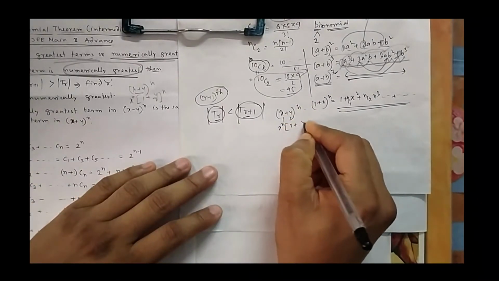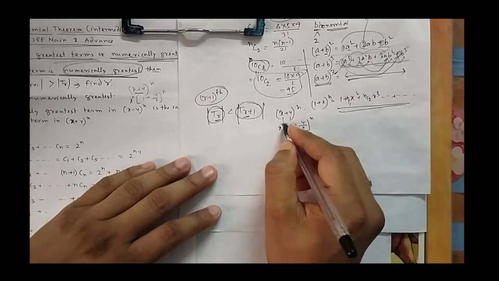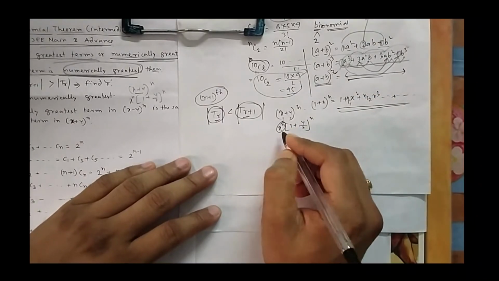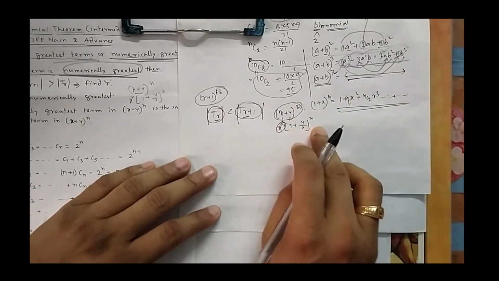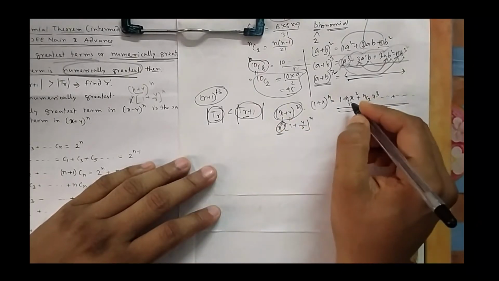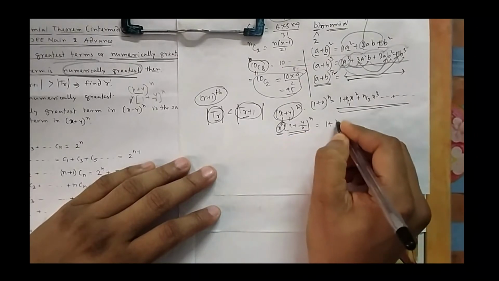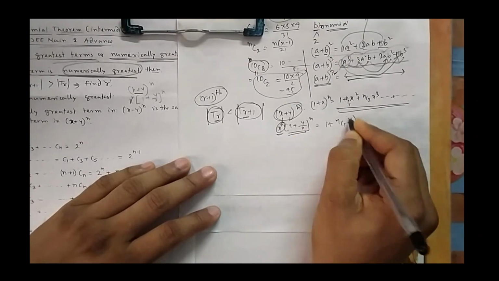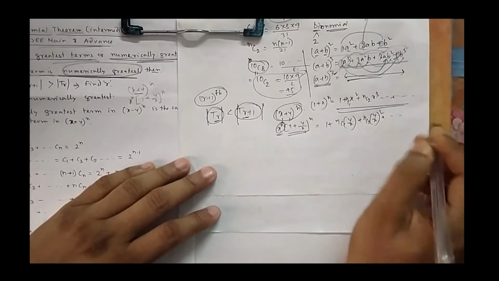You can do it this way also, by taking x to the power n common, then it is 1 + y/x. But don't forget to multiply by x^n when you get the answer, because it should be there in every term in the final expansion, since you are taking it common. If you write it as 1 + x only, it will be 1, nC1 (y/x), then nC2 (y/x) whole squared, in this fashion.